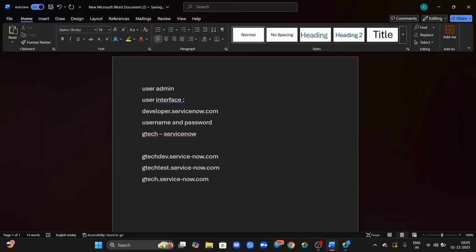So if a company called GTech has gone to ServiceNow and took a subscription for 1 year, for using ITSM or HRSD, whatever the modules may be,